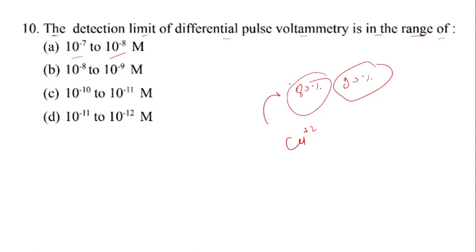So for this you need classical analysis, volumetric analysis, titration, because the concentration is very high. Suppose you say, sir, I can dilute this solution, then I can measure by spectroscopy, but it will not give accurate result, because while you are diluting